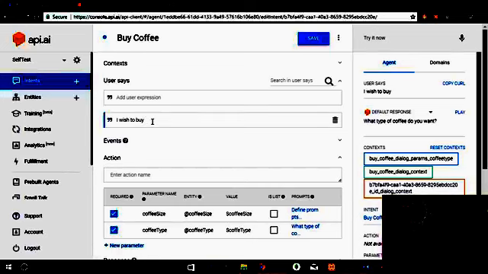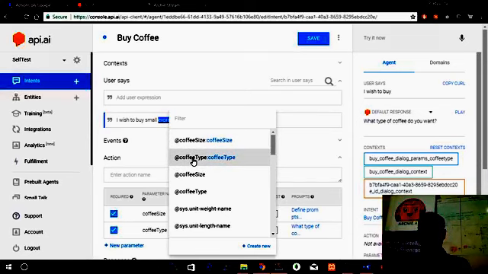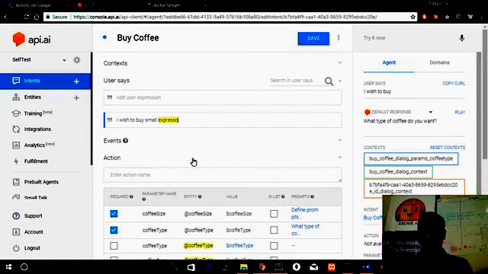So the original statement looks something like this: I wish to buy a small espresso. So this is rather a static statement. Instead, what we do is we select this and it gives us a filter. So espresso is the coffee type, and once you specify it,